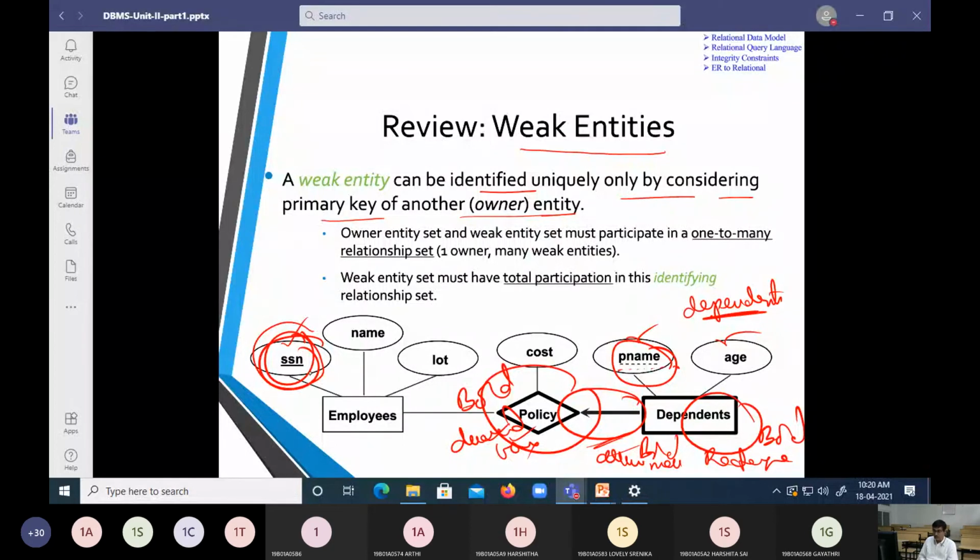The dotted line we mention for the policy name. Policy name is a primary key. Until the employee is there in that organization, it is there. If the employee is not there, it is not there. So how can I represent it in ER diagrams? I can represent it with a dotted line.